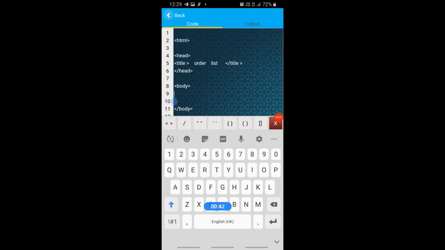Okay, now in the body part, first mention OL, because it is an ordered list. You will write OL, and then you have to decide which list you want in the ordered list. For example, student names.